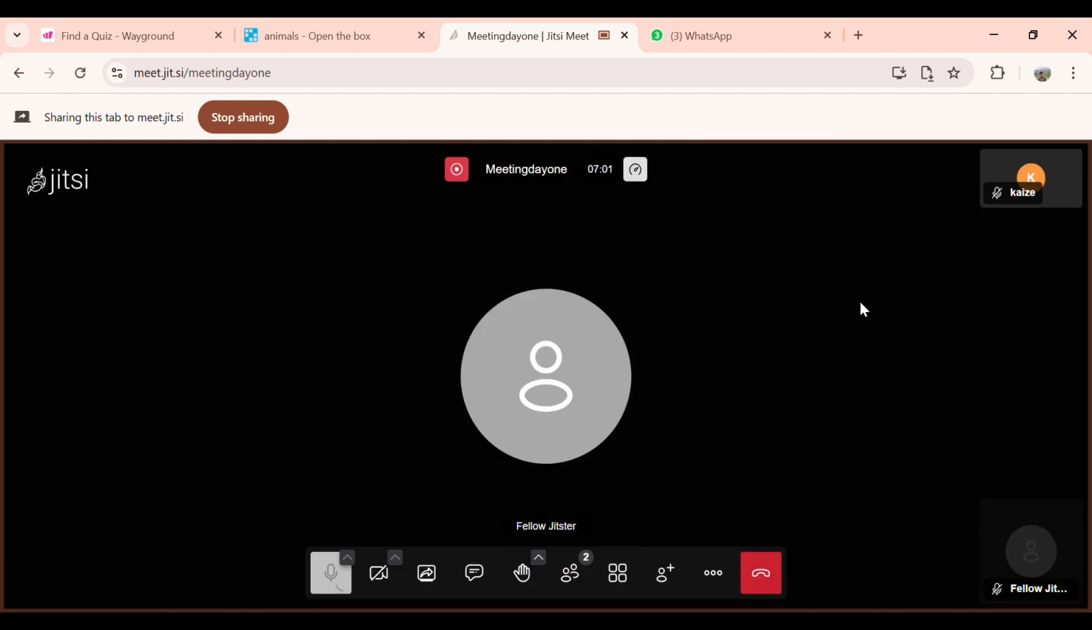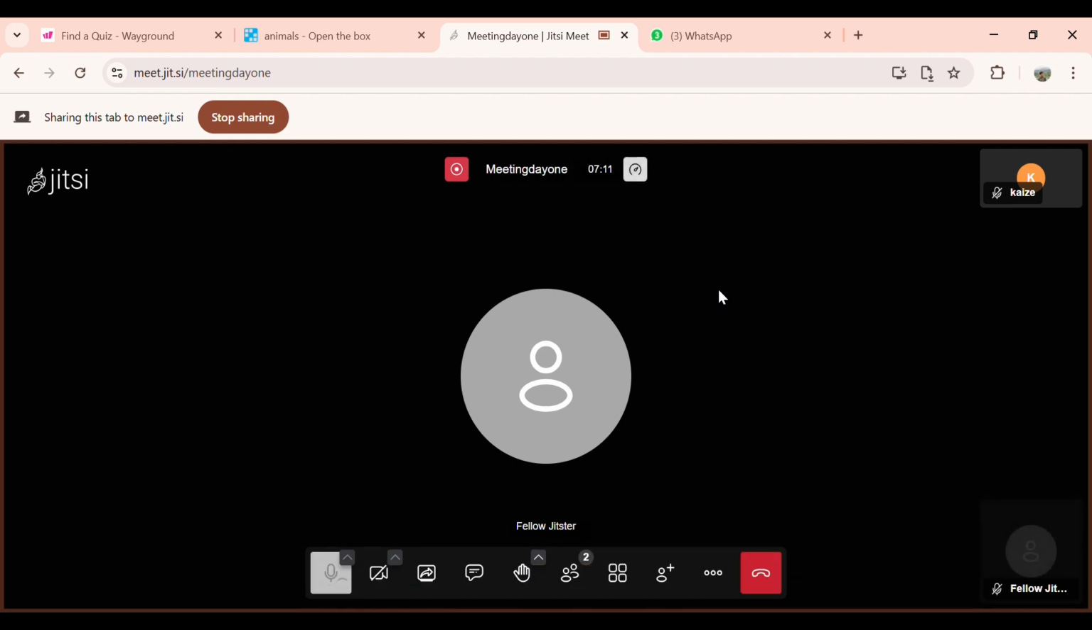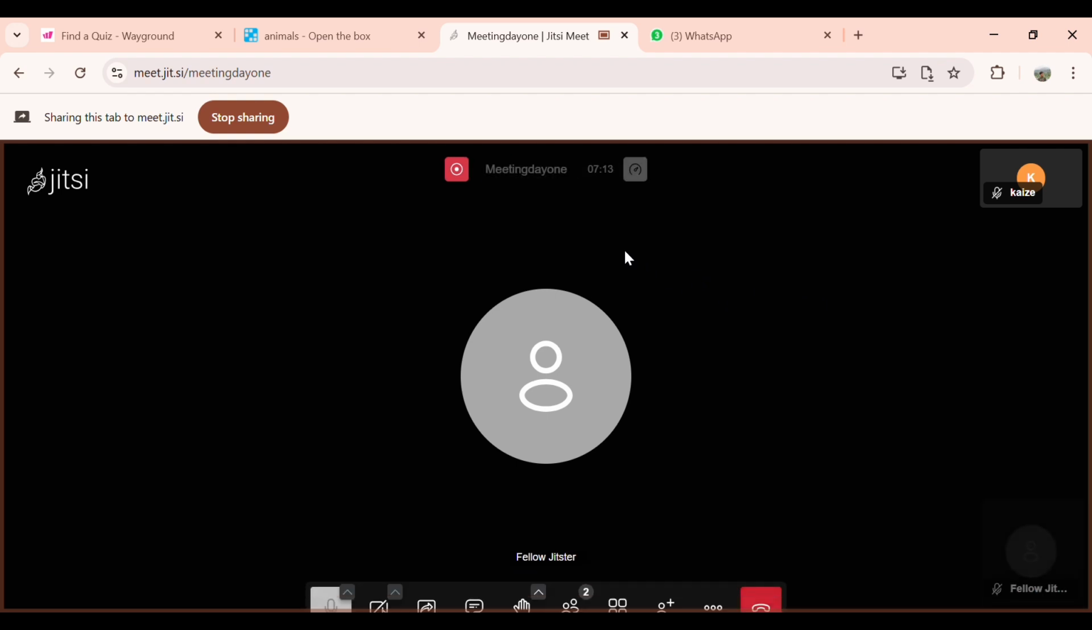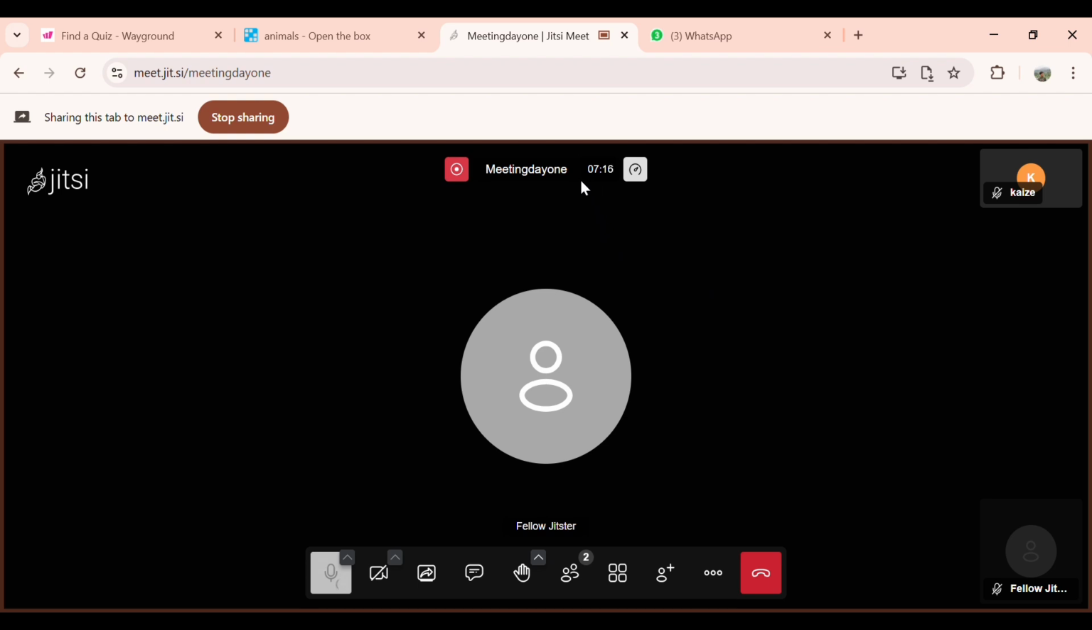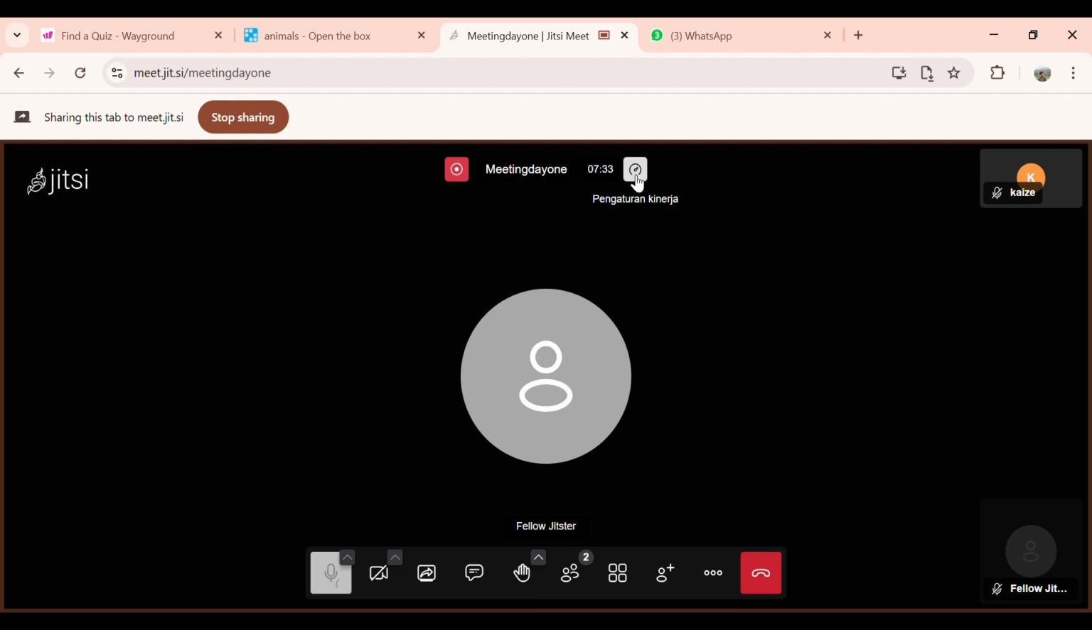Okay, there is another interesting thing about the Jitsi meeting. There is a limitation when you start a meeting using this Jitsi. You can see at the top of the screen there is a time display, right? And now this is 7 minutes. And the interesting and also cool thing, there is no maximum limitation,